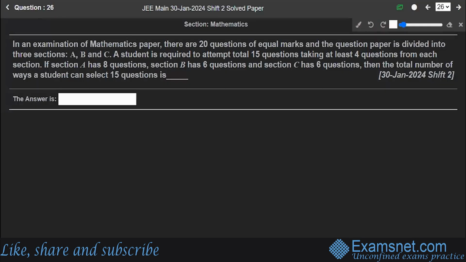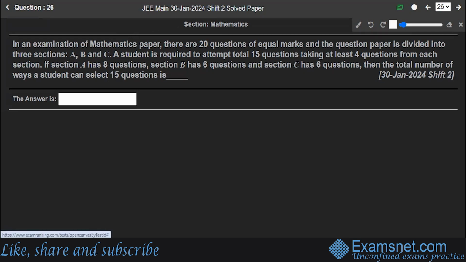Question number 26. In an examination of a mathematics paper, there are 20 questions of equal marks, and the question paper is divided into 3 sections A, B, C. A student is required to attempt 15 questions, taking at least 4 questions from each section. If section A has 8, B has 6, C has 6 questions, then the total number of ways a student can select those 15 questions is